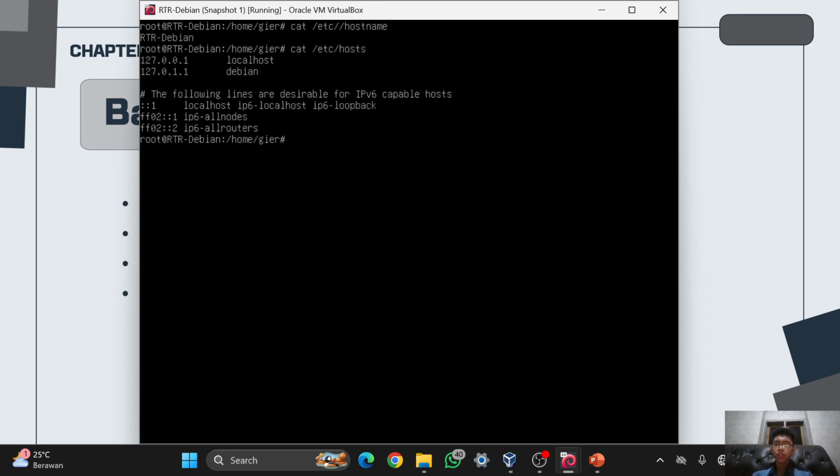And the hosts file is also located in /etc, but the difference is /etc/hosts, like that. And I will configure the hosts.